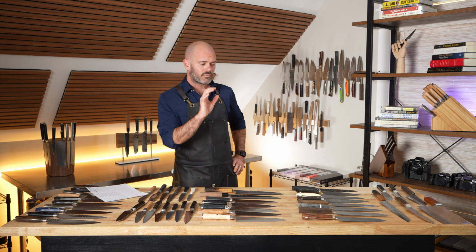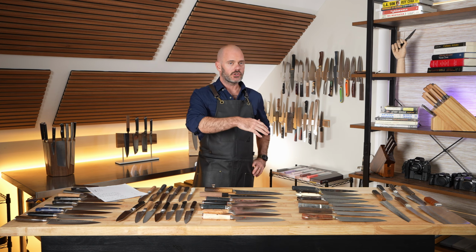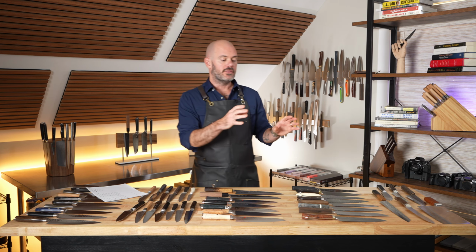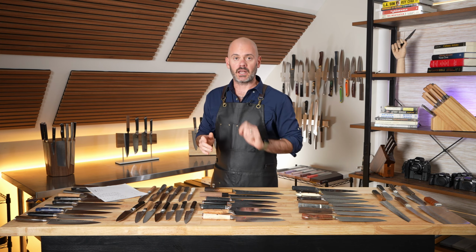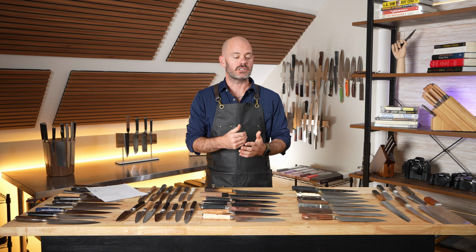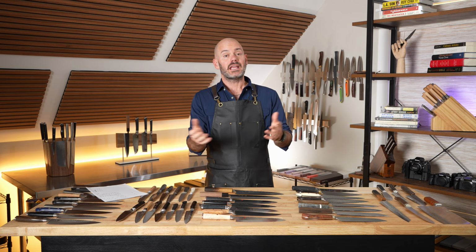Okay, the next category of knives. This is where we're getting in that $300 to $600-700 range, depending on what you choose. These knives are because you've got a ton of money and you're getting it for someone because it's a real special gift, or they're a collector and you want to get them something to make their jaw drop,